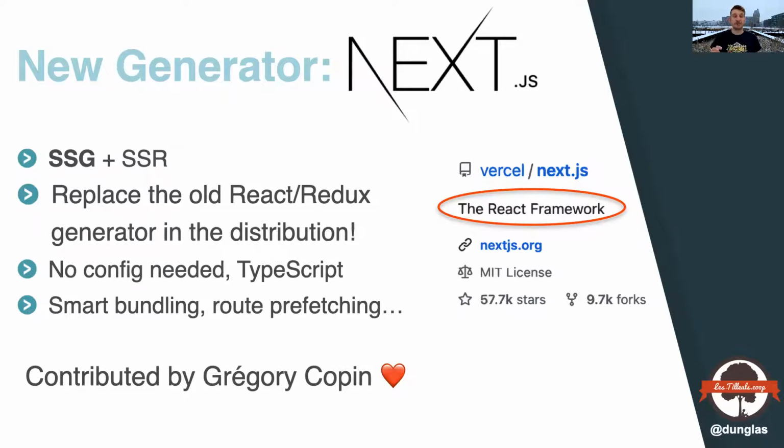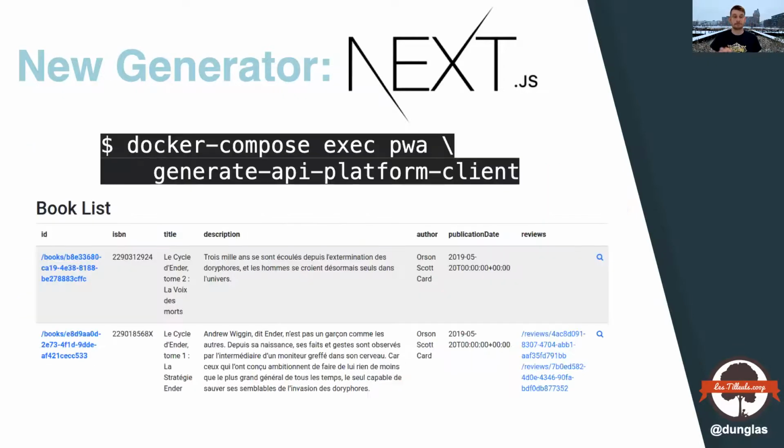By default, it also uses TypeScript, and so it provides a nice type system for JavaScript. And it has a lot of features. This generator scaffolds the standard Next.js application, and you can use all the features provided by this framework. So to execute it, you just have to run this command line tool, and you get a working application with a list, the forms, the delete button, client-side and server-side validation, etc. And it works out of the box.